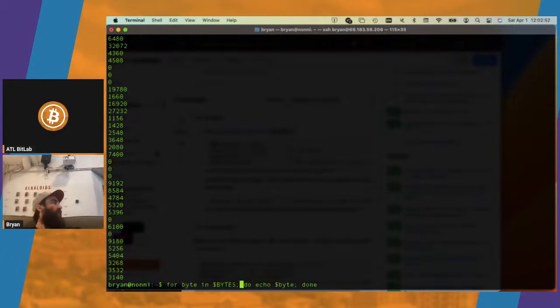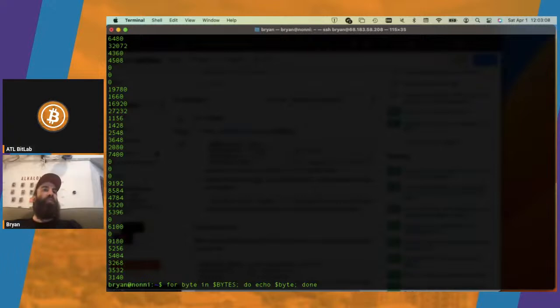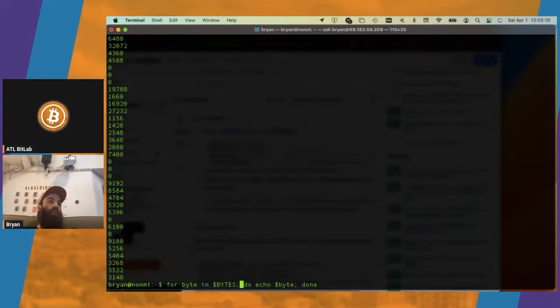But here's the other way to do it. So if you're looking for specifically a for-in loop, where you have an iterator instead of like you're doing a for i=0, i++, whatever, you can tell the shell with semicolons that this is a break, right? And so for byte in $bytes; do echo $byte; done. Got it. Yeah. But I think the other way you could do that is